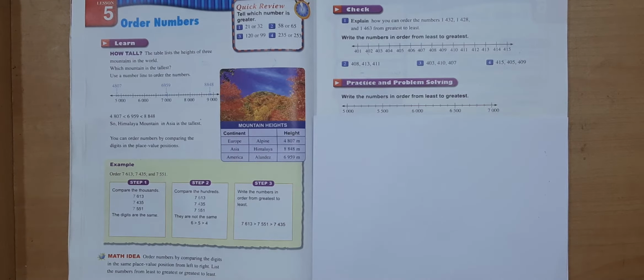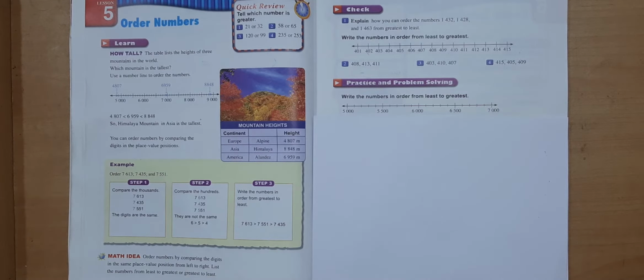Very good. Now let's move on to exercise number 2, 3, and 4. Write the numbers in order from the least to the greatest. This time we're going to write from the smallest number, the least number, to the greatest. Okay, in 2 we have 408. Then we have 413 and